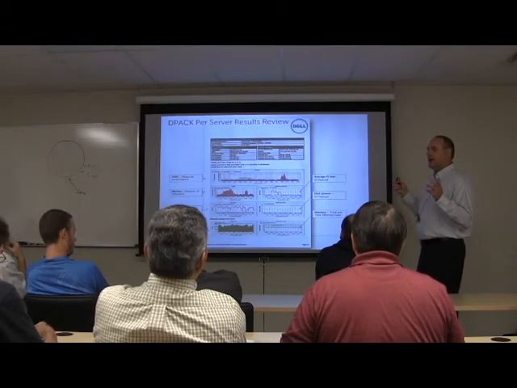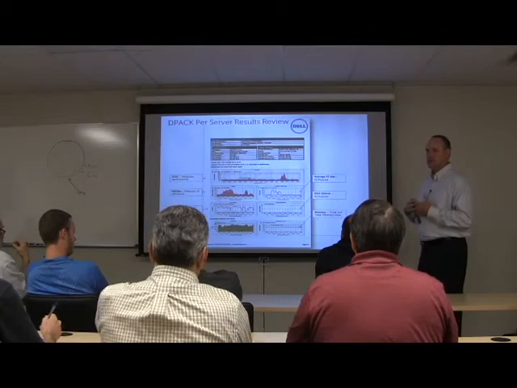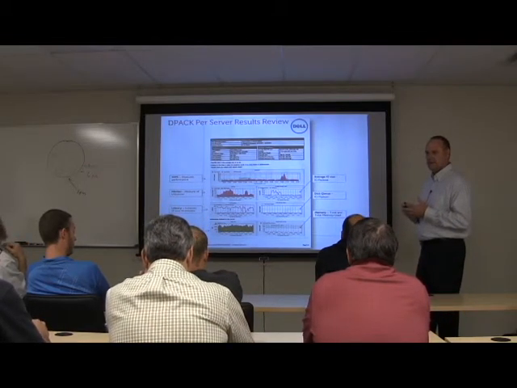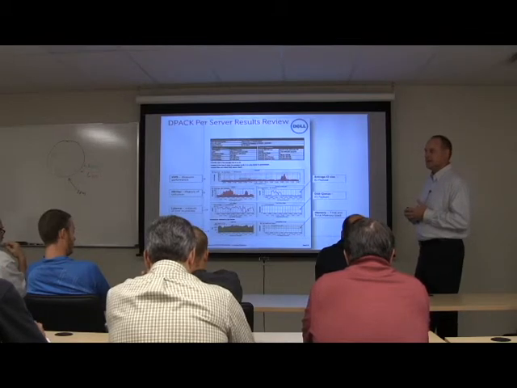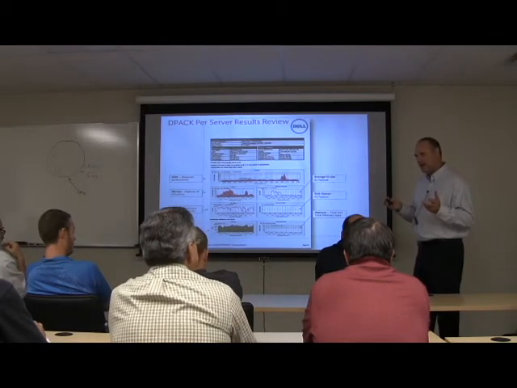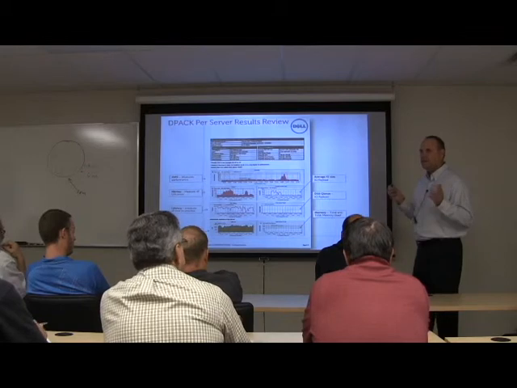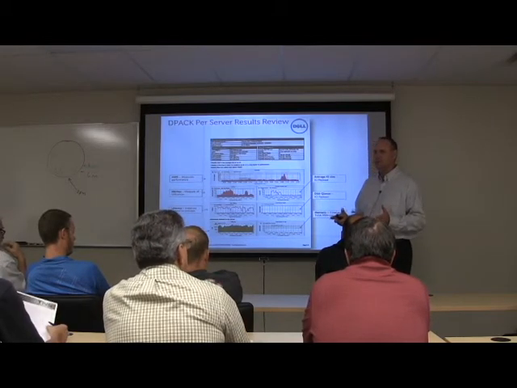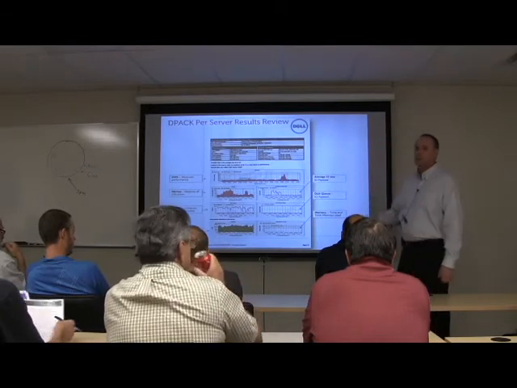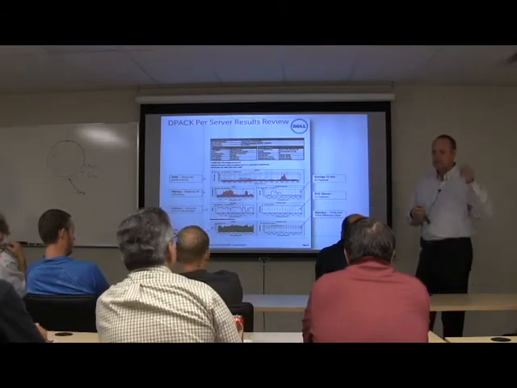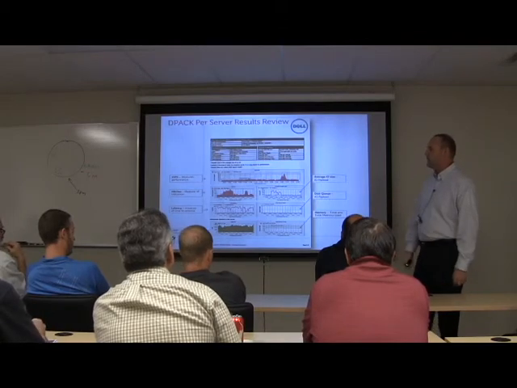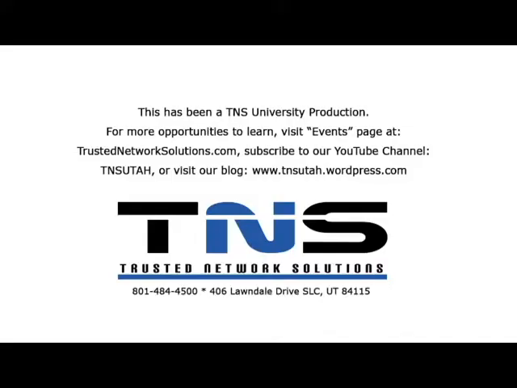So we now know what we need to do to get performance. It's all based upon latency, IOPS, and megabytes per second. The only thing you need to do is find out what is yours, and you can do that through perfmon, IOStat, whatever tools you want to use. You can also request this from TNS or from Dan and I. We'll produce this report and tell you what your environment's like. Now, a couple things on